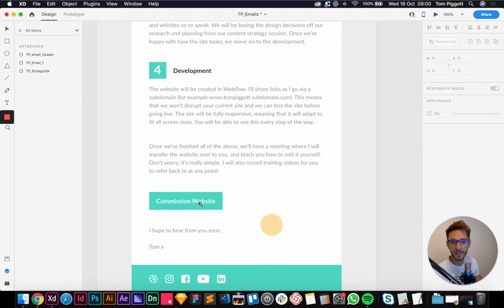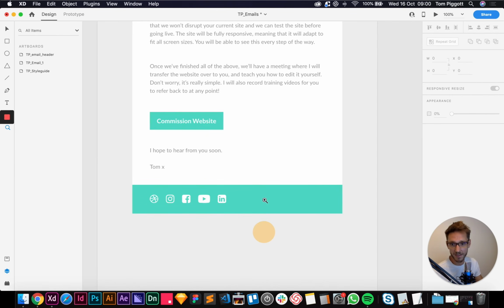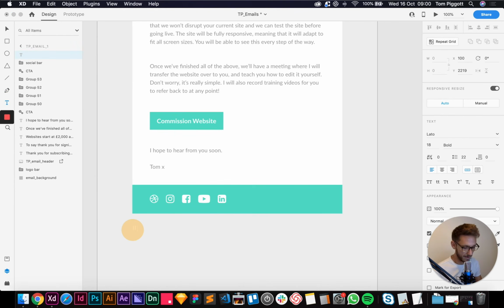You want people to be hitting these buttons, not hitting the unsubscribe. So you need to make it visible, but just have it as an afterthought rather than built into your actual design. So let's write something like, if you would like to unsubscribe, please click here.